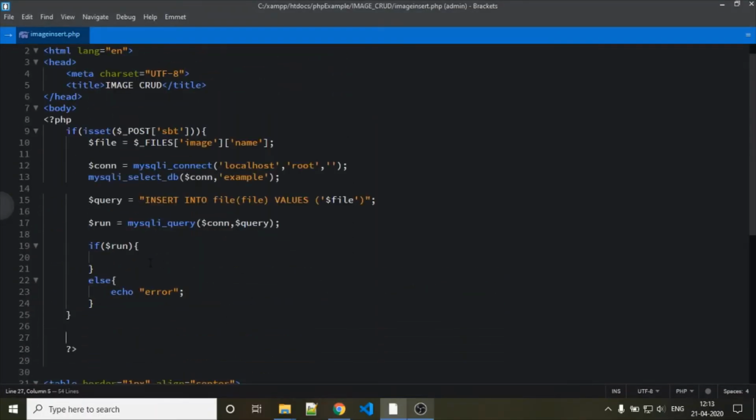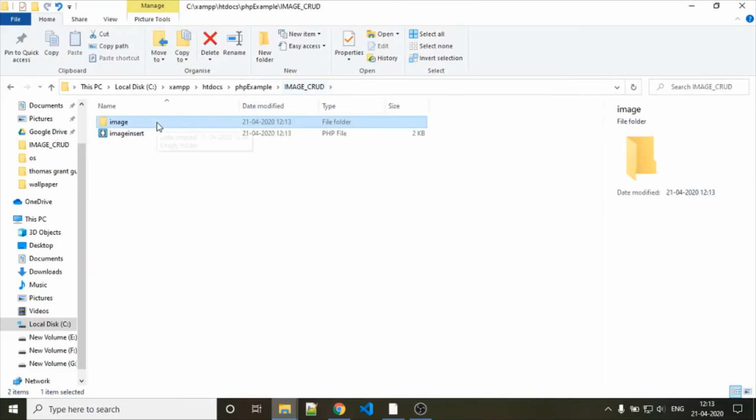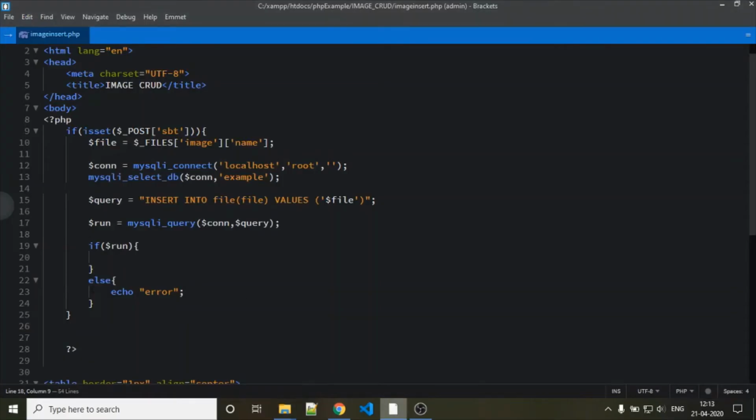If this query run is successful, then we want to store the file in one folder. For that we created one folder called image.